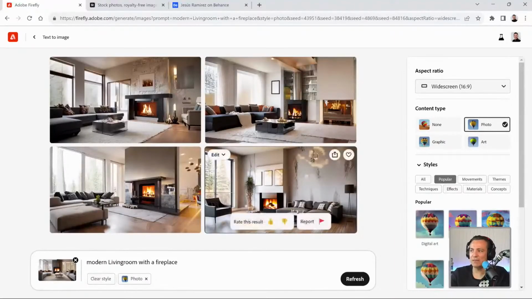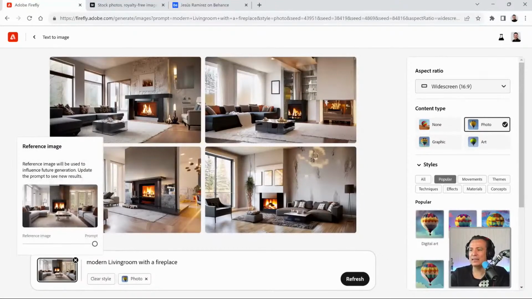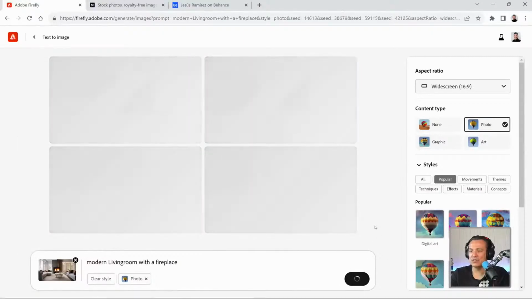So now you can see that the fireplace is no longer in the center, and it's in different places. And the layout of the living room is different. We don't have those 2 couches that were leading towards the middle. So if we want to get a balance between the reference image and the prompt, you can just click on refresh when the slider's in the middle, and you'll get variations that are very similar to the reference image, because